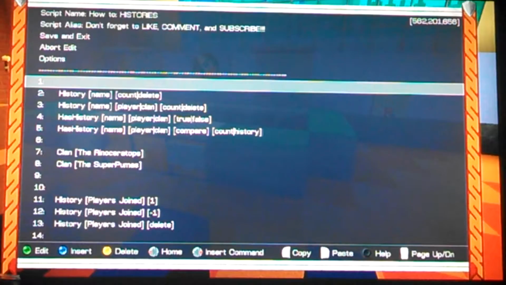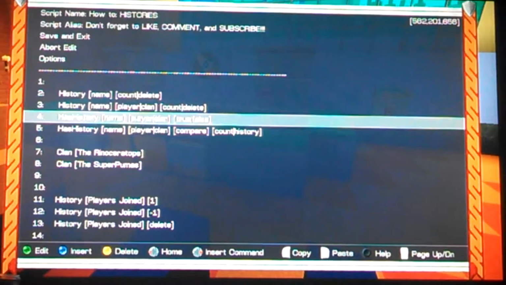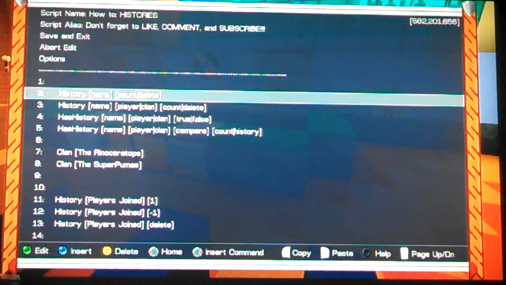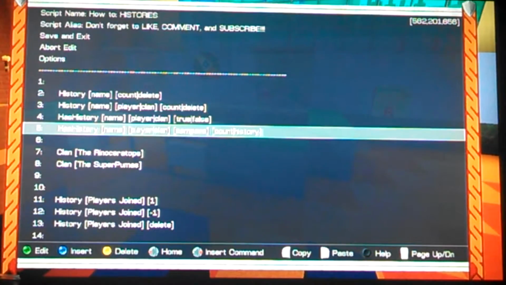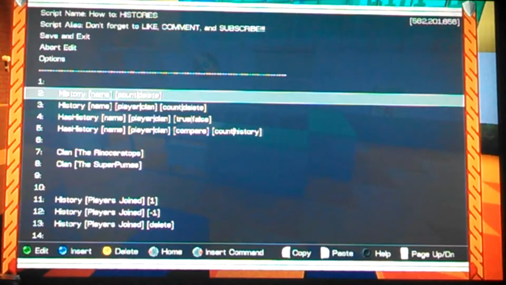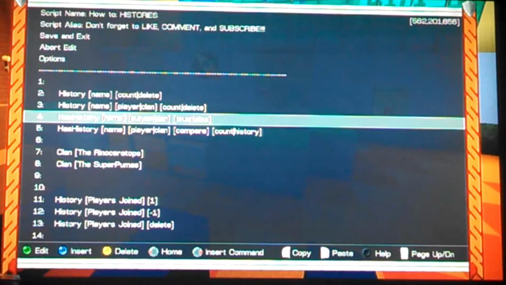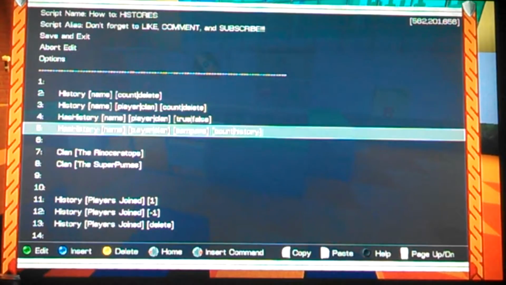So pretty much what we're going to do is go over each of these 4 lines. History, name, count, delete. History, name, player, clan, count, delete. Has history, name, player, clan, true, false. And has history, name, player, clan, compare, count, history. It's pretty simple. I'm going to go ahead and start with the clan, because it's kind of out of the